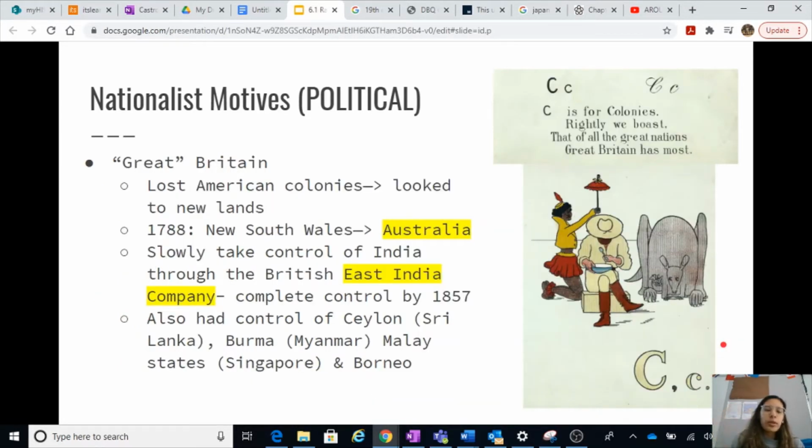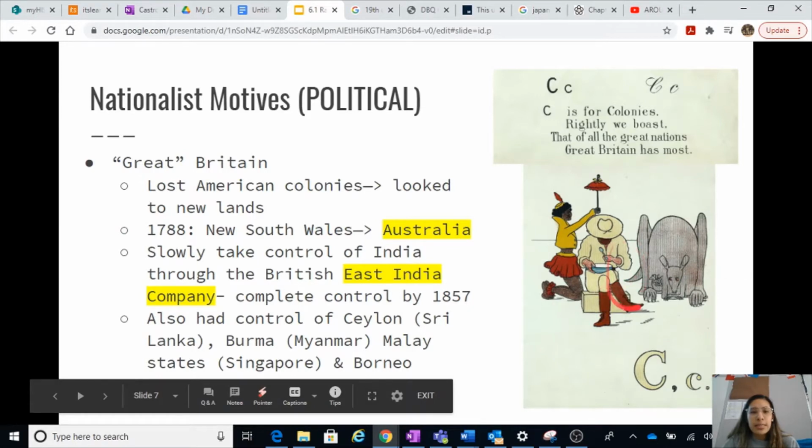So let's start with Great Britain, and I put quotation marks around great because they only called themselves Great Britain. Everyone else called them Britain. So after Britain lost the Americas, the American colonies, the United States, they were kind of embarrassed after that loss, so they're going to go look to new lands to colonize. So in 1788, they had their little colony in New South Wales, which eventually turns into Australia, and we can see this is